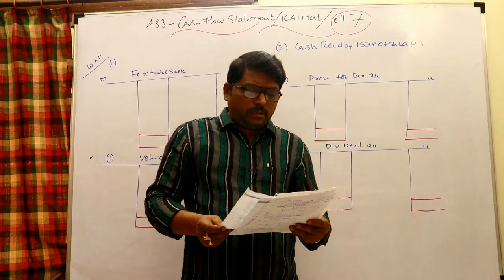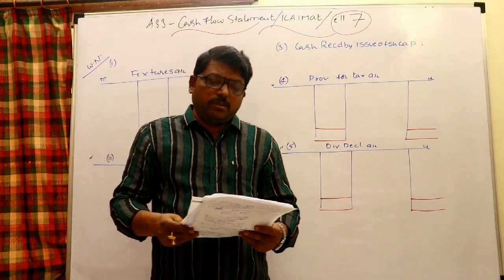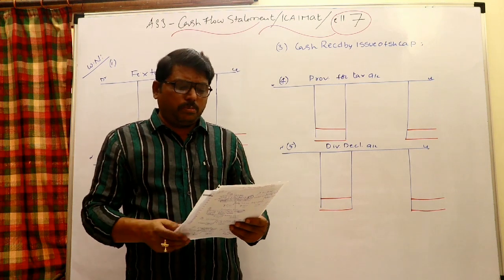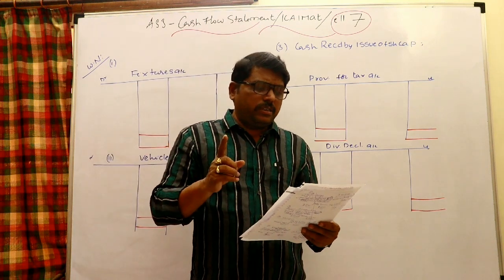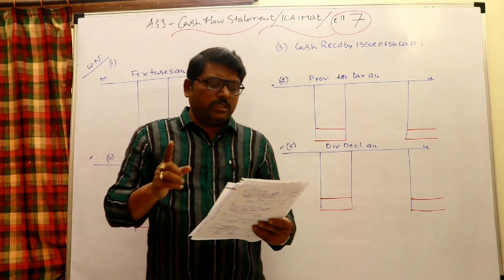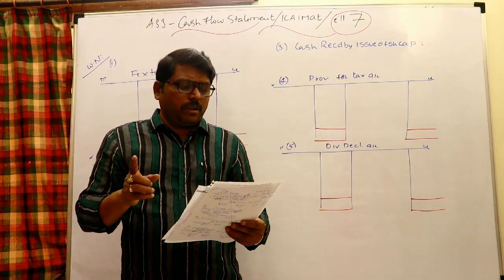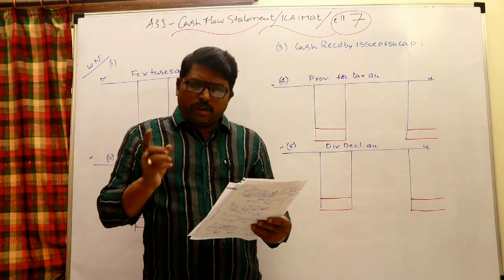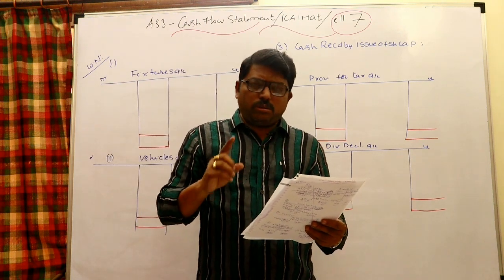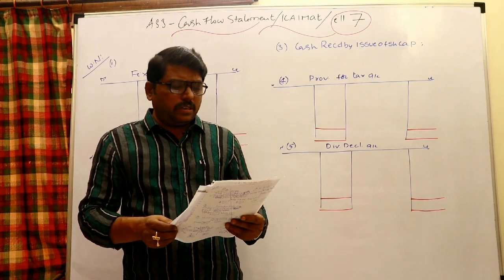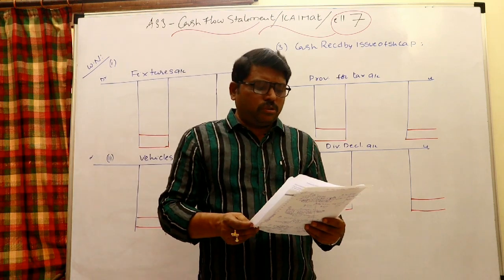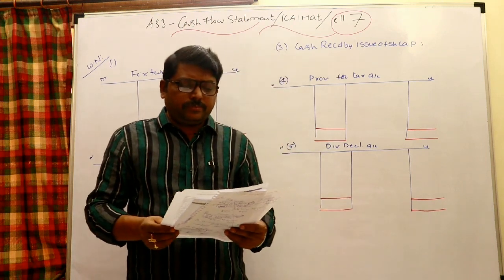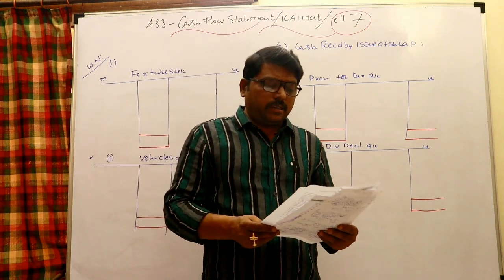Okay, right. And lastly you are given fixtures and vehicles, like the depreciation for the year: fixtures 1,000 rupees given, vehicles 2,500 depreciation. Proceeds on disposal: during this year some sales took place regarding vehicles, written down value 1,000 rupees, vehicles sold at 1,700, there is a profit of 700. And of course the sales value is also given clearly, and simply prepare a cash flow statement from the given particulars.